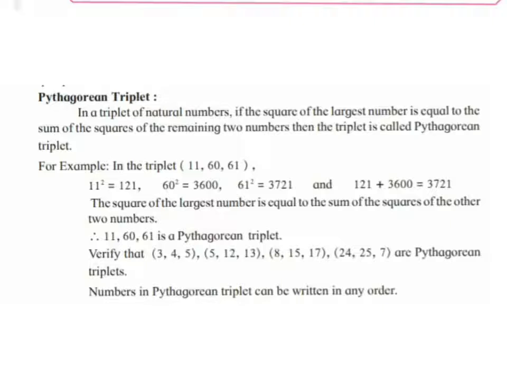Remember one thing, that the numbers in Pythagorean triplets can be written in any order. It is not necessary to write the numbers in ascending order or descending order. You can write them in any order. The next,